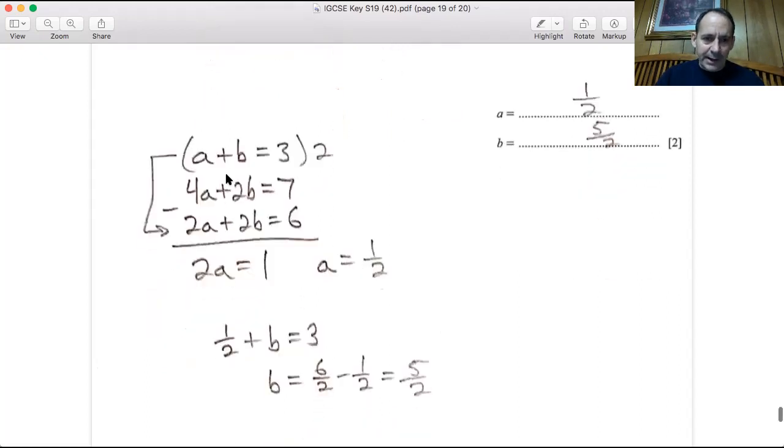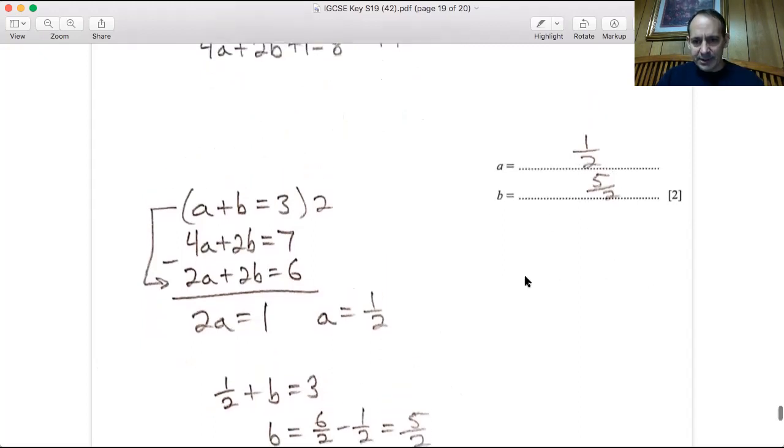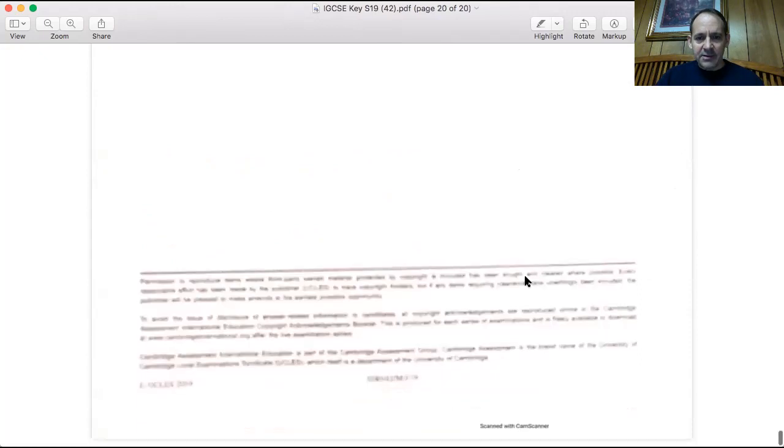Plug the 1/2 back in, so I plug it into this first one here, 1/2 plus b equals 3. Subtract 1/2, b equals 6/2, which is your 3, minus the 1/2 is 5/2. You can do it on your calculator. I did it with fractions. So a is 1/2, b is 5/2. And there we are. We're at the